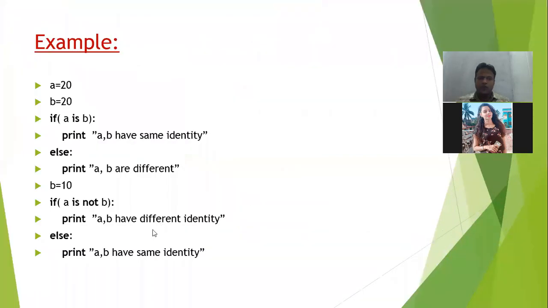Okay, so a is b. So a and b have the same identity, or else they have different identity. If b is not equal, a is not b. Okay, so a and b have different identity. That is showing you true here.